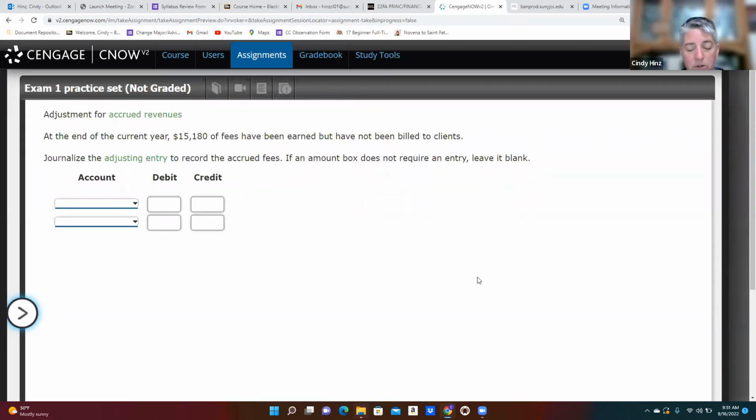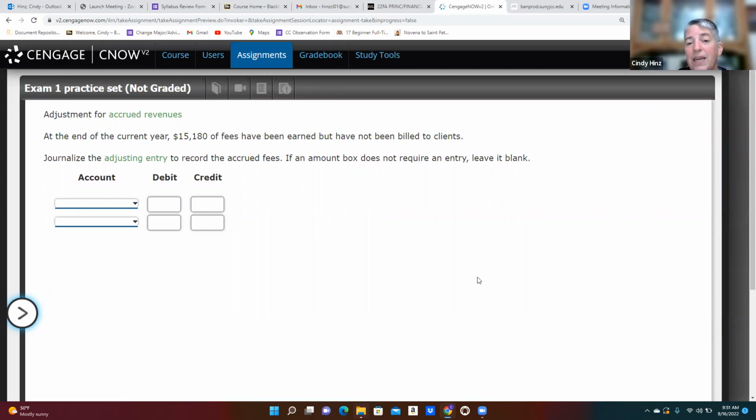So the steps to know if we've earned the revenues: we have to have an agreement between the buyer and the seller. We have to have a price that's fixed or determinable. In other words, we need to know the dollar amount. We need to have performed the service or delivered the product. And we have to have reasonable assurance of collectability. So as long as all 4 of those things are in place, as soon as the final one of those 4 is in place, then we have earned those revenues, and the matching principle says we need to record them